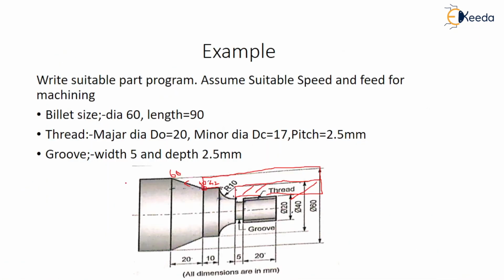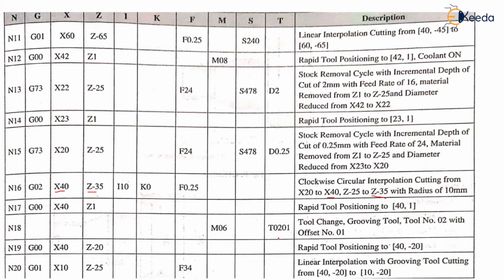So if you go back and see, what we are doing is circular interpolation from this. I and K are measured here. The K value is 0, only the I value, that is the radius, is considered. Okay, from here. Now next, G00 X40 Z1, so rapid tool positioning to 41, M06 T0201, tool change for